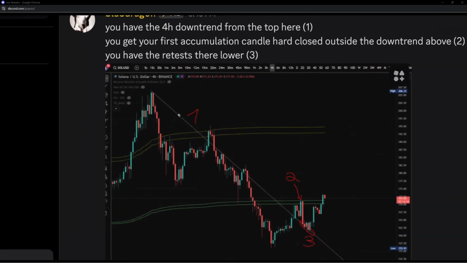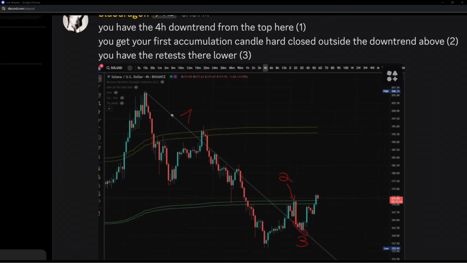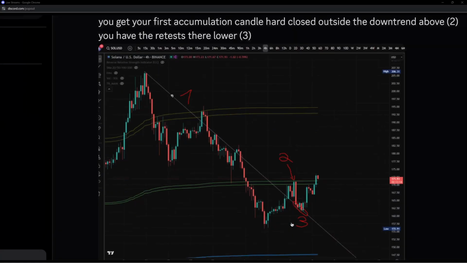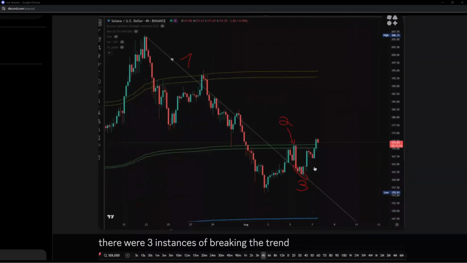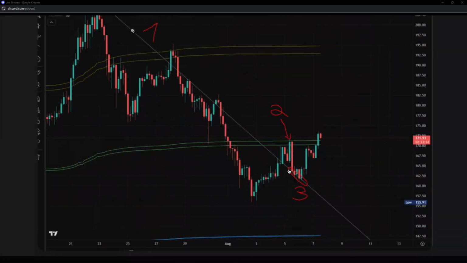Then you see the setup: there's one break, right where your mouse is at the yellow VWAP, but it doesn't get an accumulation closure, so no hard closure outside. Then you have another local top in between around 182. So that's breaking, but no hard closure outside, so it follows through, going down exactly. Then eventually at the green VWAP bands, there's another break, then the first hard closure outside, and then the retests followed on the trend line. That's the ideal setup for me to take a serious position, and then see from there